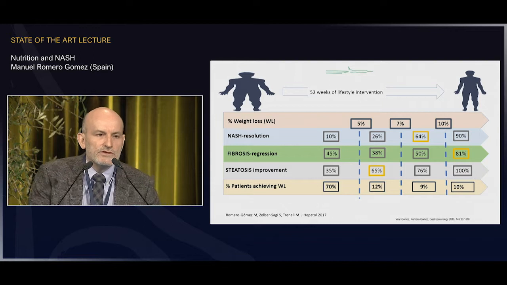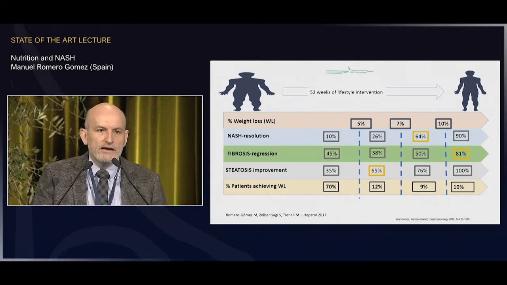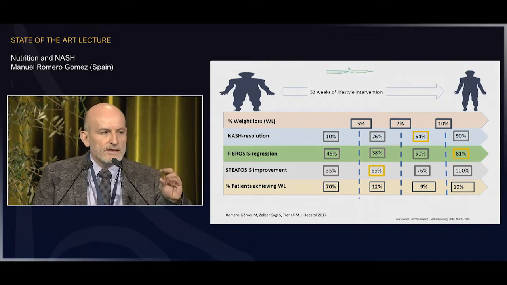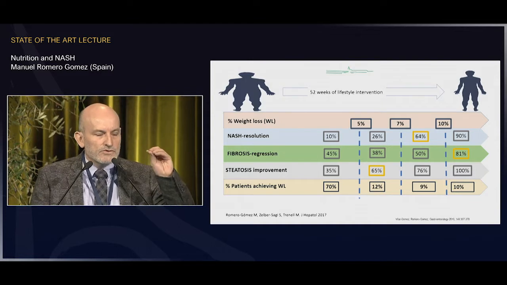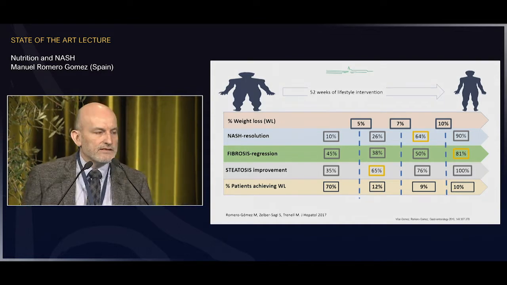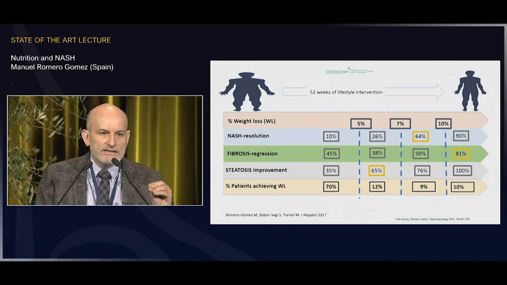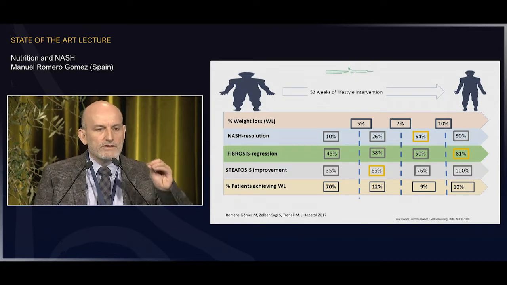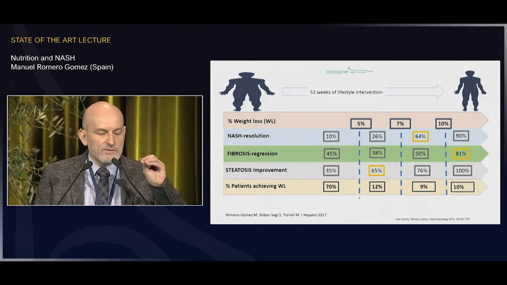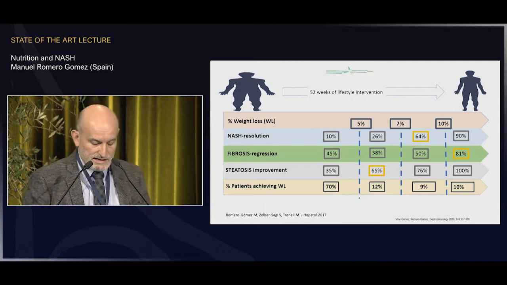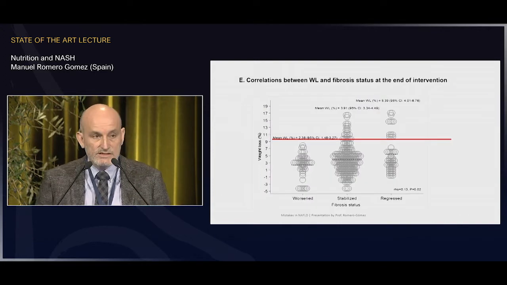It's clear that we are using nutrition mainly to modulate metabolism, liver function, and of course body weight. The majority of the diet could be focused on body weight. We know that in patients with NASH, demonstrated by liver biopsy, using a hypocaloric diet during 1 year, we can promote NASH resolution and fibrosis regression of at least one stage. And when we surpass the cutoff of 10%, we can have a very important success. The main problem, as you know, is that just 10% of the population reach this 10%